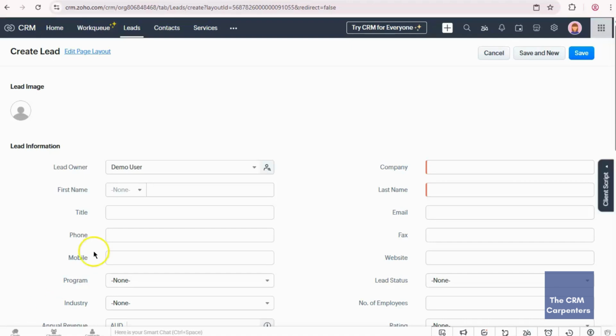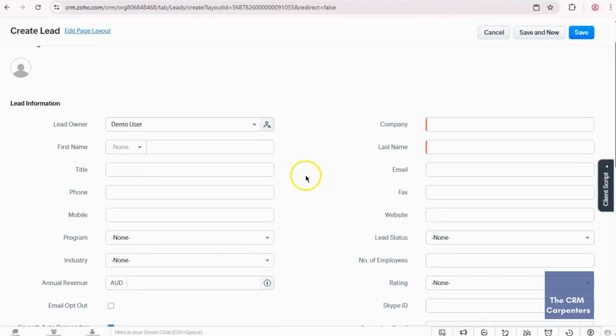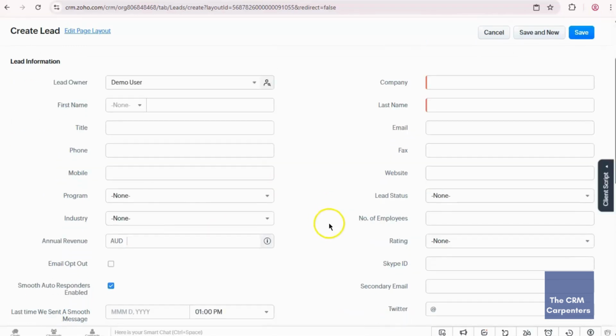So in this tutorial, I'll show you how to use Zoho CRM client script to automatically make a field read only based on the user's profile. So if the current login user is not an administrator, there will be some restriction in field access. For example, in the script that we will create today, we will lock this field, Program. So that would be our goal.